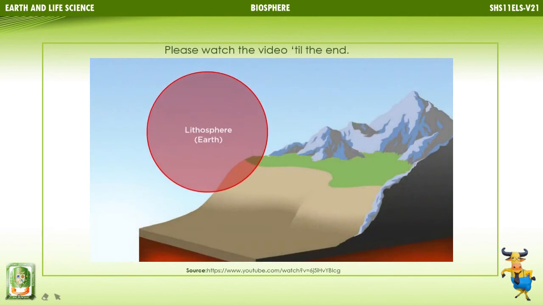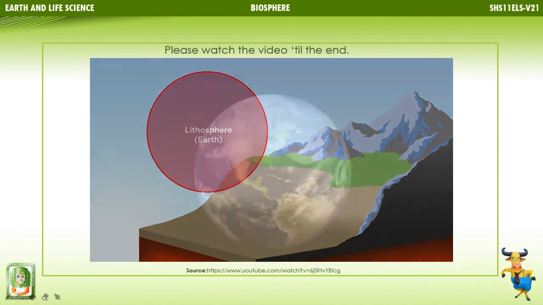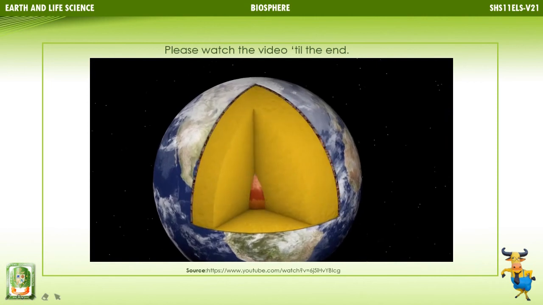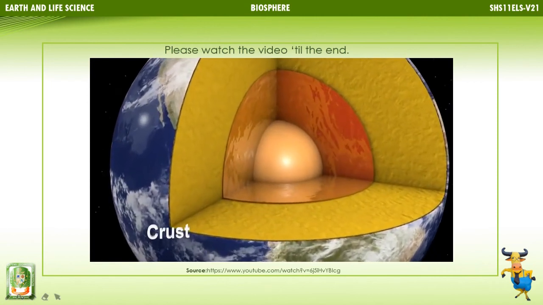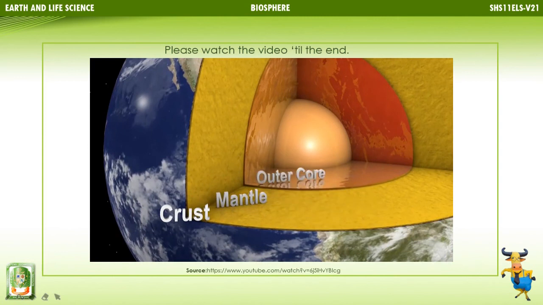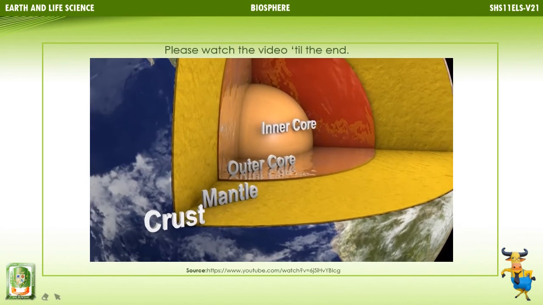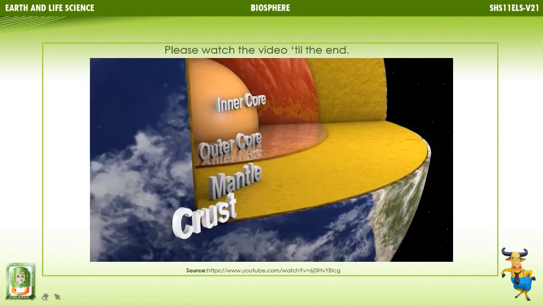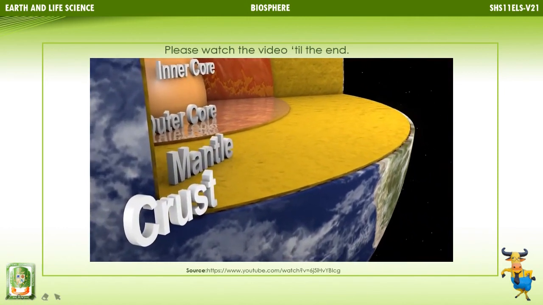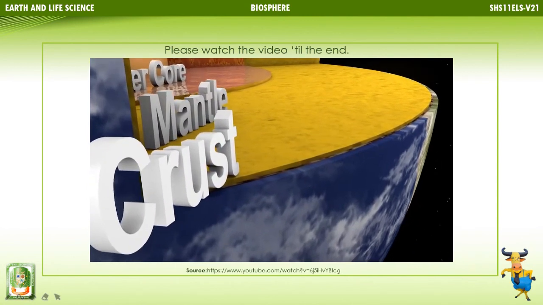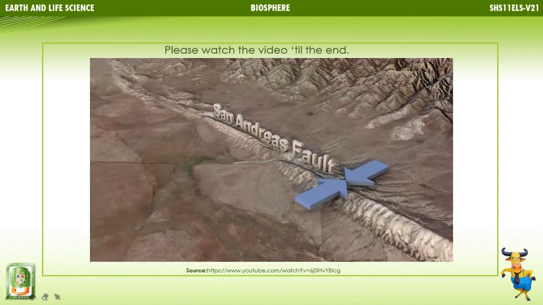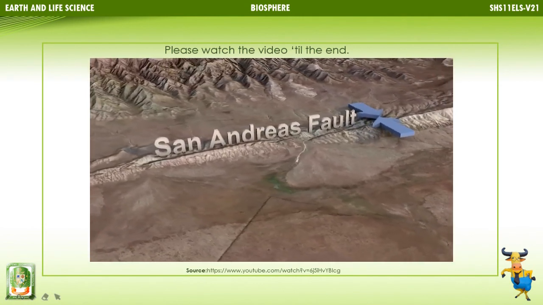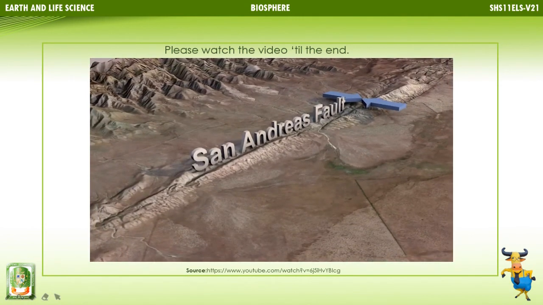Earth's crust and upper part of the mantle make up the lithosphere, which is from the Greek word for stone, lithos. Our lithosphere consists of approximately the first 60 miles of solid material from the surface of the planet down. This is also referred to as Earth's crust. The lithosphere constantly changes because of shifts in the tectonic plates. This movement is very slow, and we do not feel the change unless an earthquake or volcano occurs.